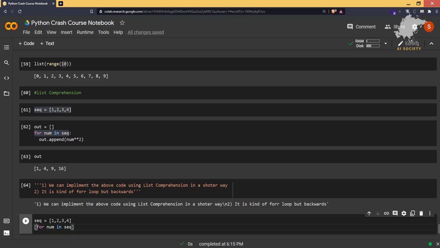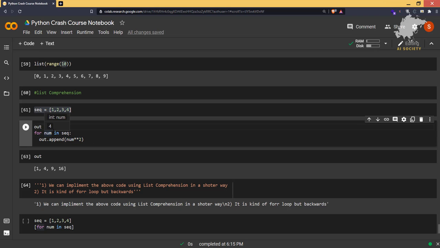Now you are looping over this particular sequence of elements, and whatever operation you want to perform on each and every element of this sequence. In this case we want to perform the power operation and then store it inside a new list.